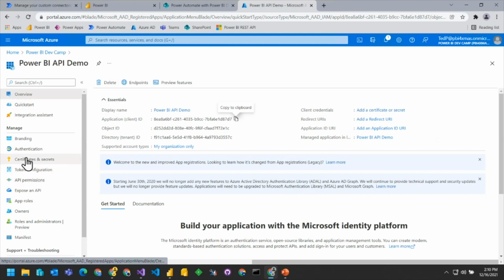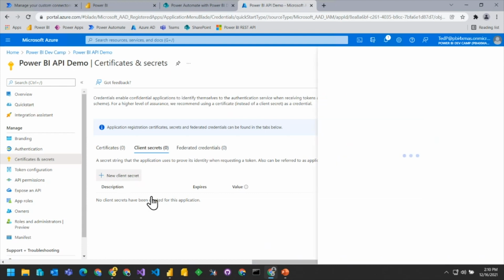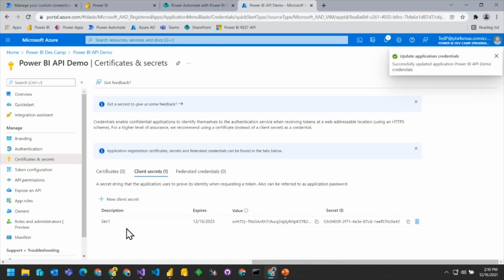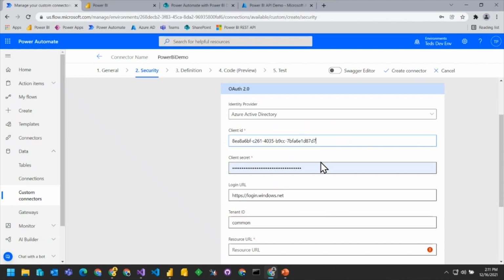Let's go over to where it says certificates and secrets, and create a new client secret. Basically, it acts as a password. I'll call that sec1, and I can put it for some duration. I'll pick the maximum of 12 months. Once you do that, you have a new application secret, and you have this one-time chance, before you refresh the browser, to copy the value. So we copy the value, go back here, and put the application secret inside.